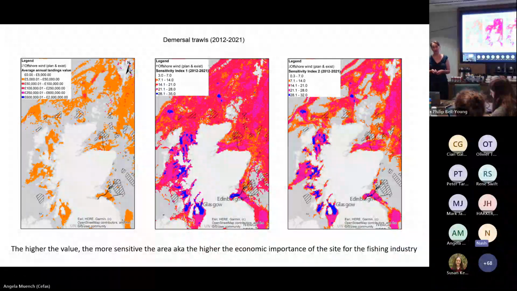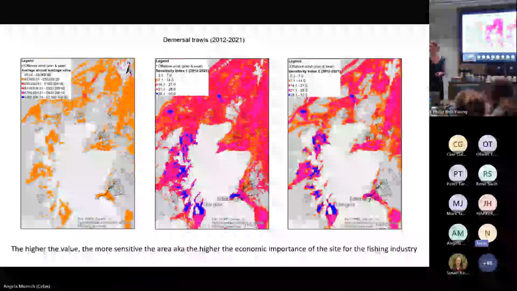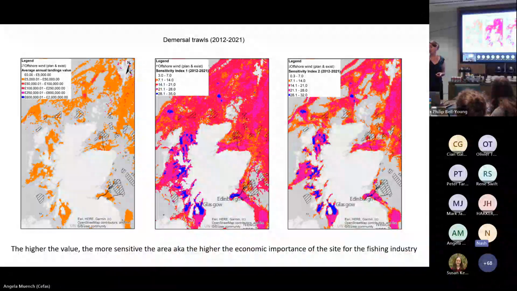These are the indicators compared to landing values. What you can see here is that if you just take landing values, you see some areas of high landing, so of high importance. These areas still come out in the indicators.